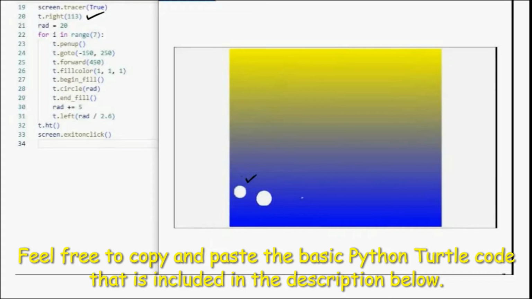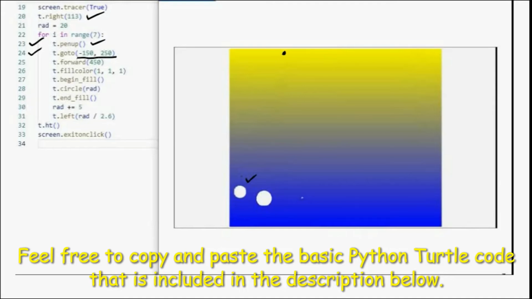The drawing of the smallest image will be starting from this point here, which is negative 150, 250. I'm drawing that point here on the upper portion of the image, and the command for that is command number 24. Note that before I go to negative 150, 250, I put the pen up,